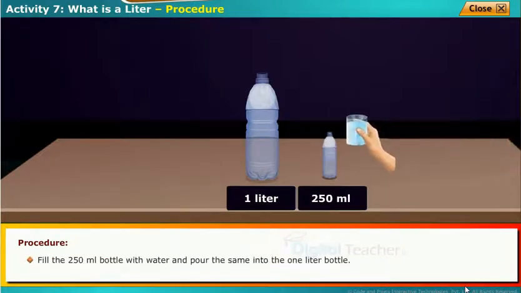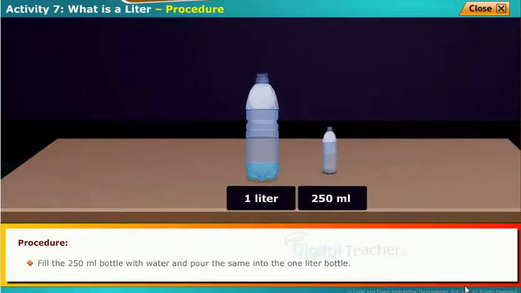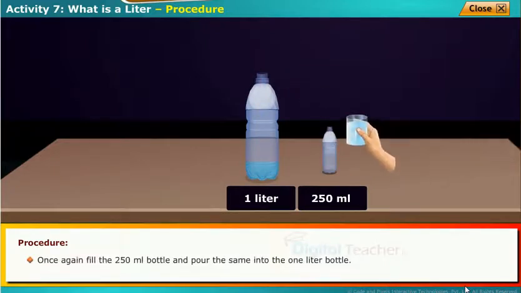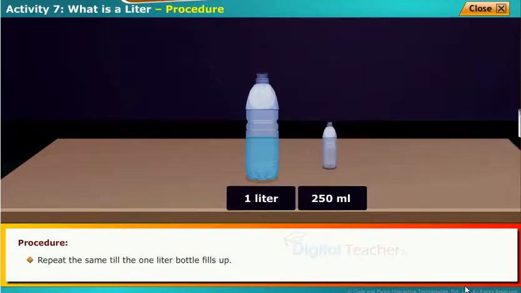Fill the 250 milliliter bottle with water and pour the same into the 1 liter bottle. Once again, fill the 250 ml bottle and pour the same into the 1 liter bottle. Repeat the same till the 1 liter bottle fills up.